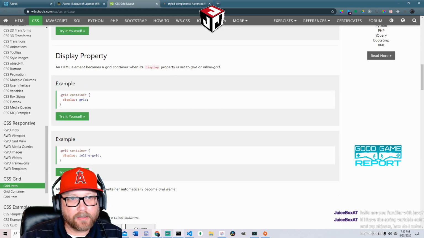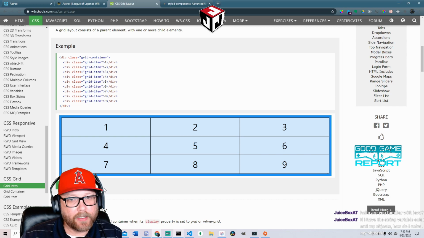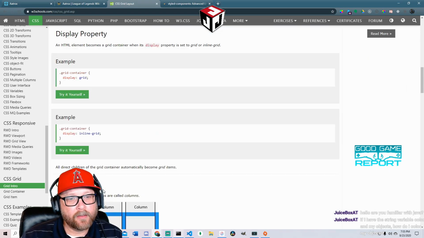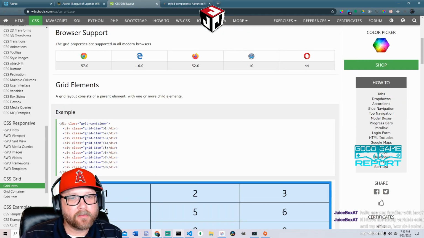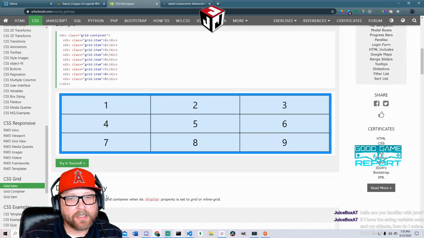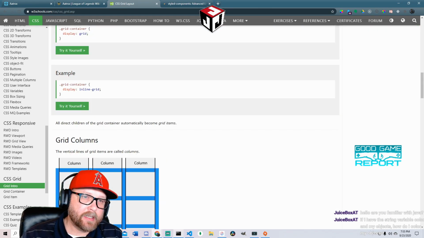All right, it doesn't look like you can set a column name. You can create a grid here. I guess I can. All right, I can do this. Grid item, grid container. So this is going to be a flexible grid though, it looks like.